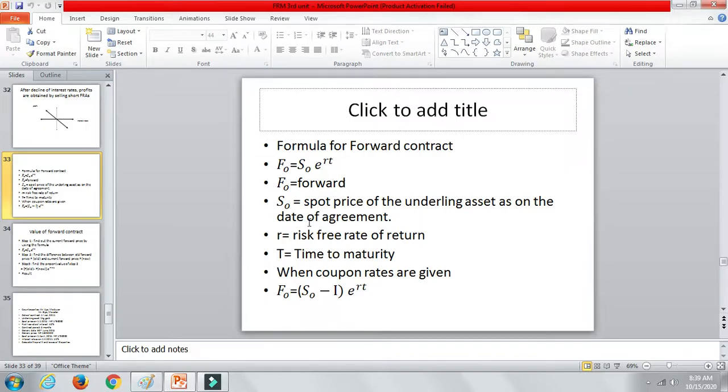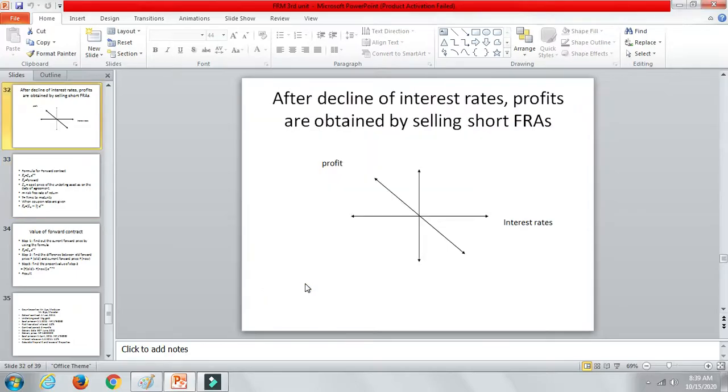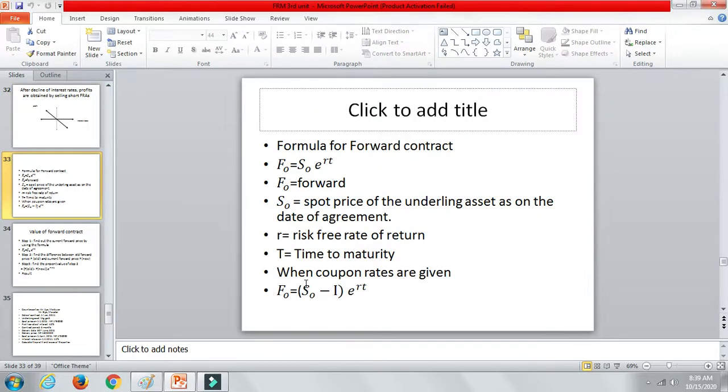Move on to the next. One more thing: whenever he gives you a coupon rate, coupon is nothing but the interest rate. Interest is what you pay on a loan that you take. When you take a loan you pay interest to that particular party, isn't it? So when you are entering into a contract for a fixed coupon, coupon is nothing but the interest rate you pay on a bond. A bond is nothing but a long term loan or a debenture.